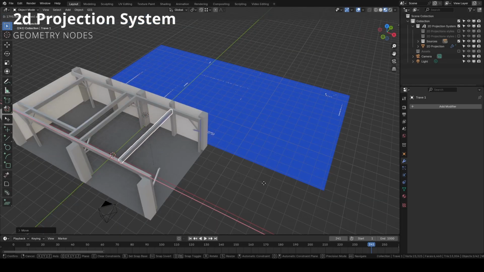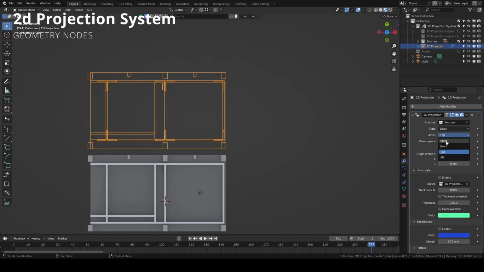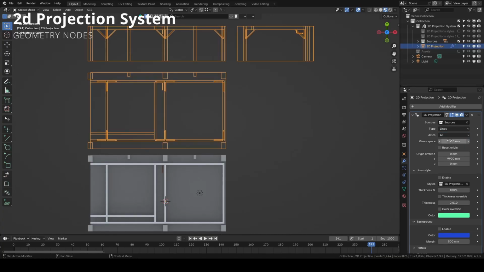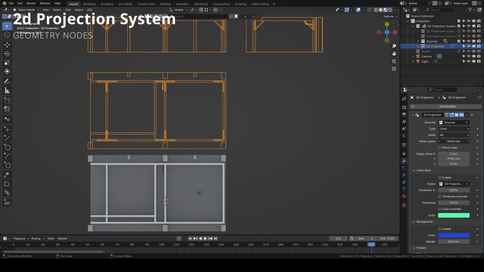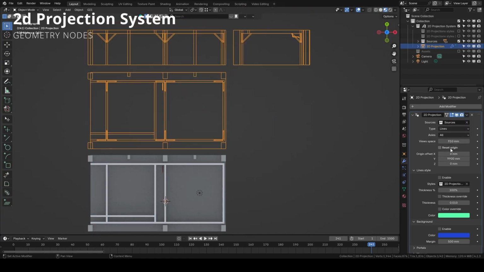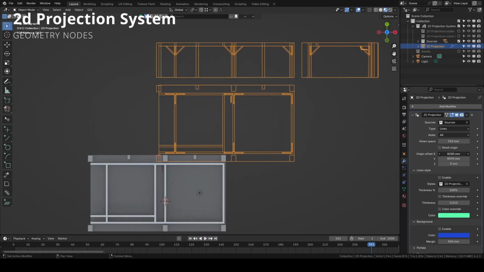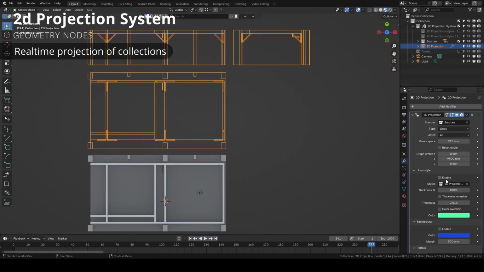My colleague asked me to export a Blender project in a CAD file, this time the DXF format. I tried to use the native add-on of Blender, but I found some limitation, so I decided to show you how to make a 2D projection system for 2D drawings, including these features: real-time projection and animation of any collection